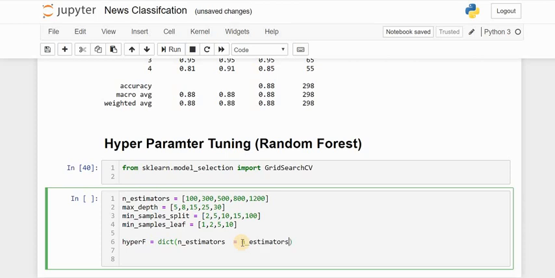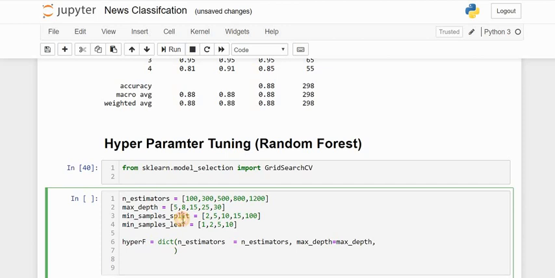Now I'm just building a dict which is called hyperf, and I'm specifying key values in that, so that I can readily input this to the grid search CV, that is cross validation function.